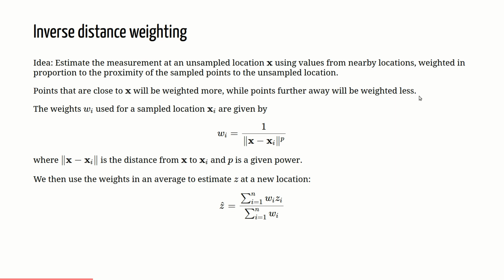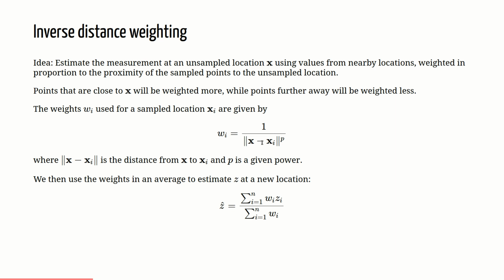Okay, and so to do that, we use the distance between our new location x and our sampled locations x sub i, so that's the distance here, down in this expression here, so the two bars just mean distance. Okay, it could just be the Euclidean distance, or it could be any distance measure really that we want to use. So if you were using latitude and longitude, it could be great circle distances on the sphere or on the ellipsoid of the Earth, and so it's 1 over that because we want increasing distance to be down weighted,